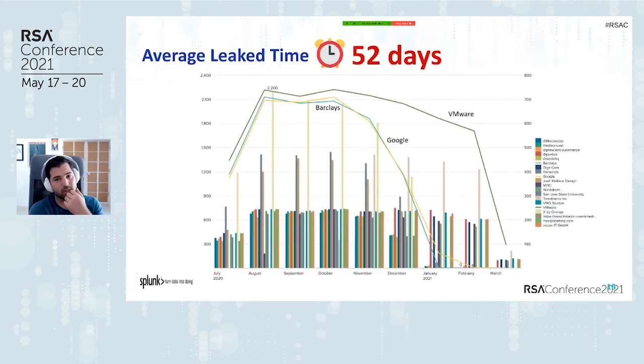Now, one interesting fact was the average leak time was about 52 days. So when we saw a secret be leaked, it took 52 days for a secret to come off the GitHub project. And like I showed you in the trend, this has been trending down all around, which is really, really nice. But you can see I drew some trend lines here. It's a common problem, even in large corporations, right?